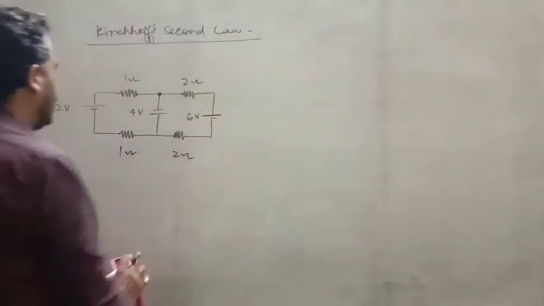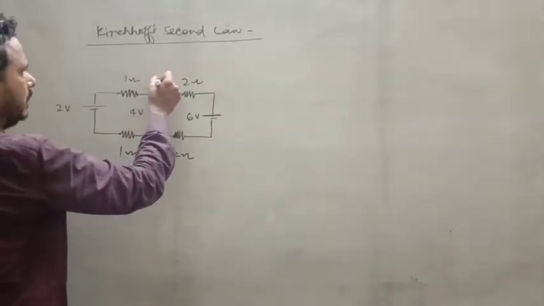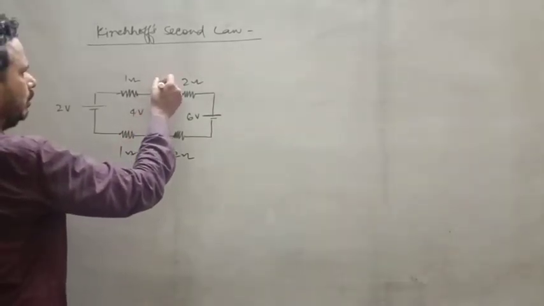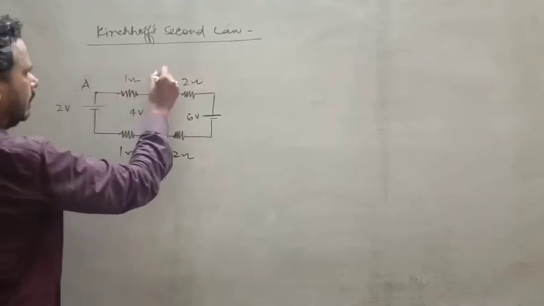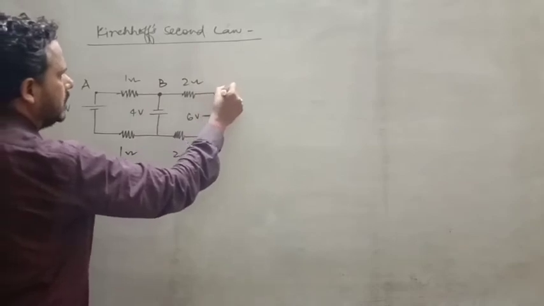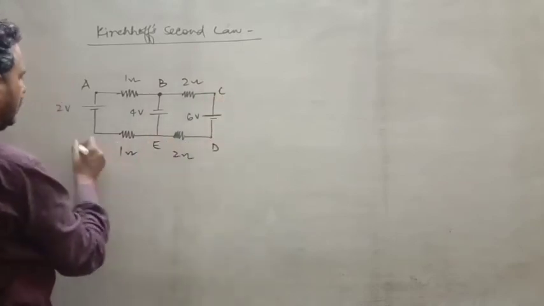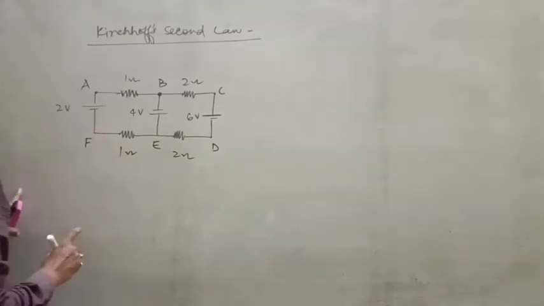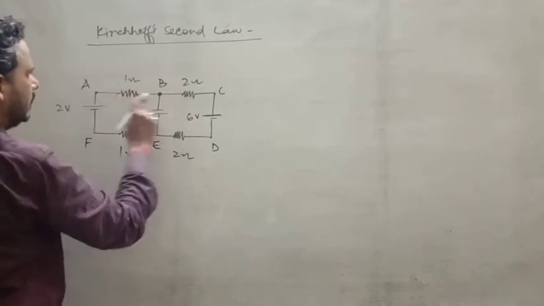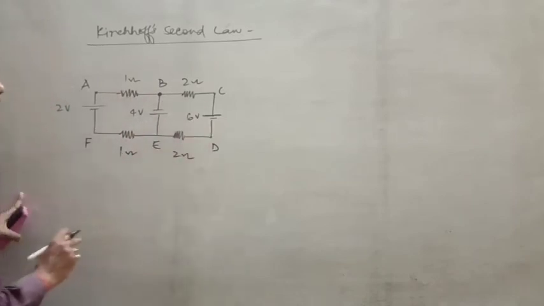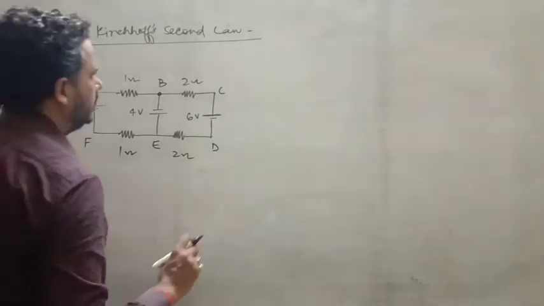Now you are seeing in this section, this one is a node. Suppose node 1 be there, otherwise you can take node B, otherwise you just take from here A, B, C, D, E, and now F. So you are seeing here that there are two loops, first loop and this one is second loop. To resolve this you have to take two loops at least.